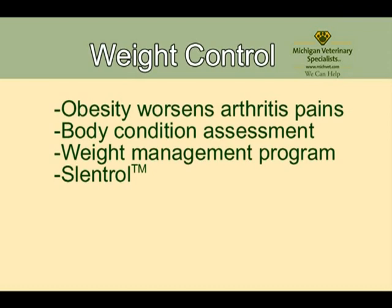Your pet should have an hourglass figure when viewed from the top, and the ribs should be covered by a light coat of flesh. A weight management program can be formulated by your pet's veterinarian. Prescription diet food along with the correct meal proportions will